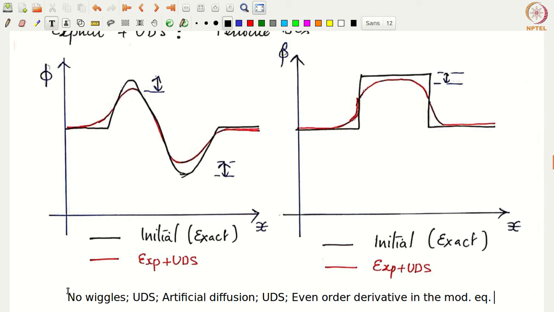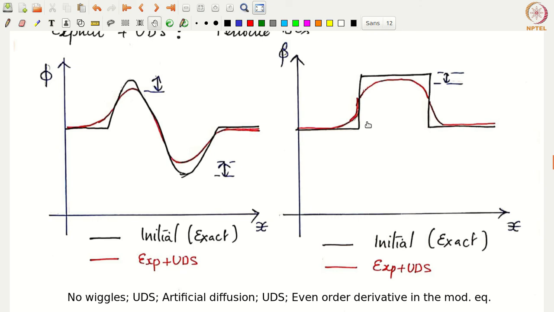Okay. Now what about on the right hand side? On the right hand side we again start off with a square pulse, that is the black solution, that is our initial profile. And again we apply periodic boundary conditions. So the square pulse essentially moves to the right hand side, and once it reaches the boundary it will start coming back from the left hand side. Okay, so we again have periodic boundary condition, and we let it come back to the same location, that is one cycle of revolution. And that is the exact solution dictated by phi of x minus ut, the exact solution for the pure convection equation.